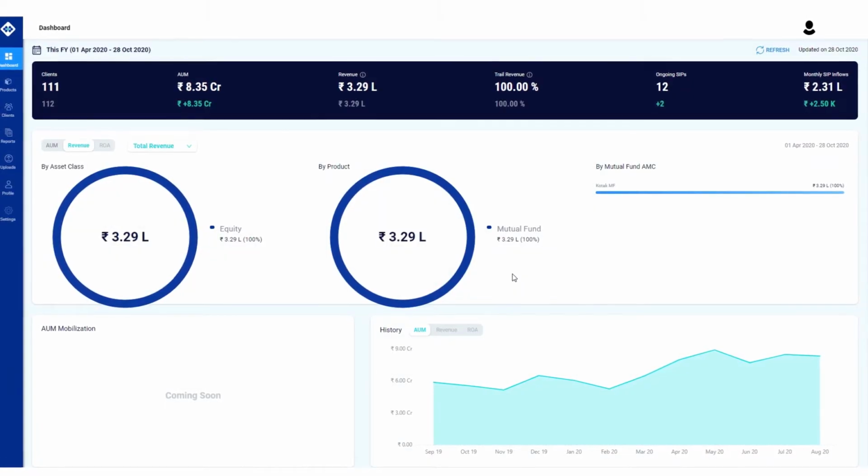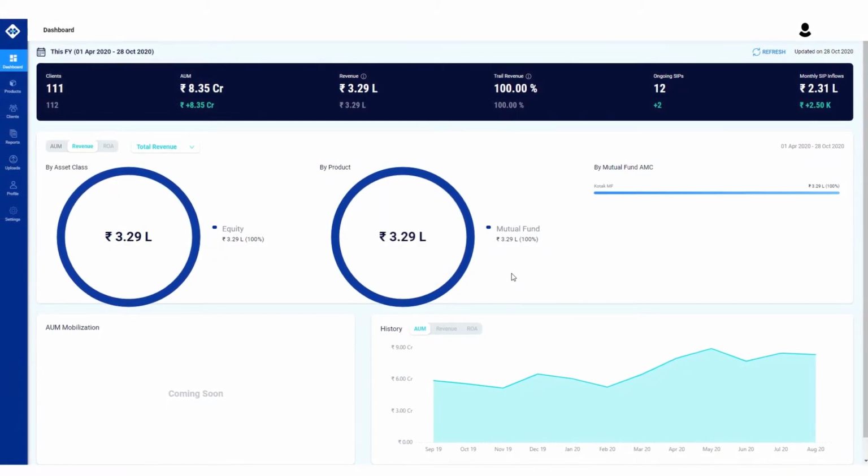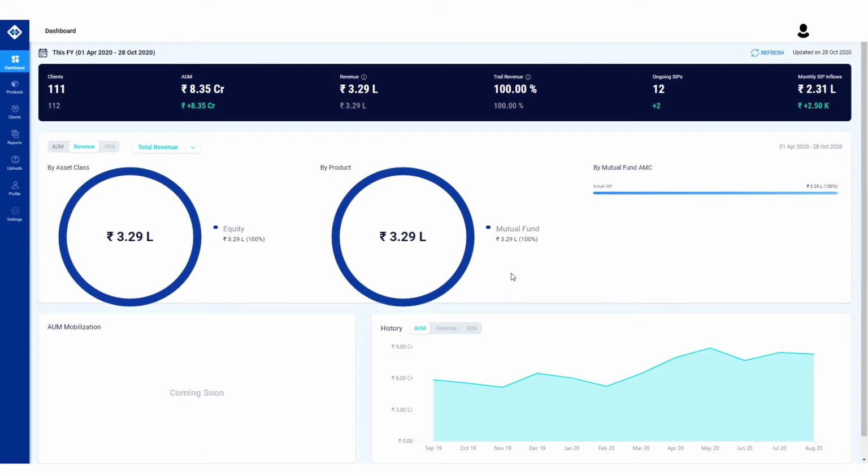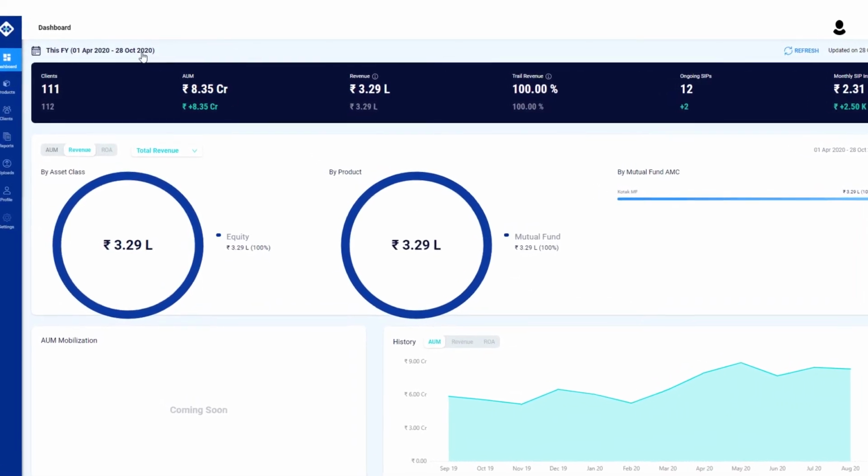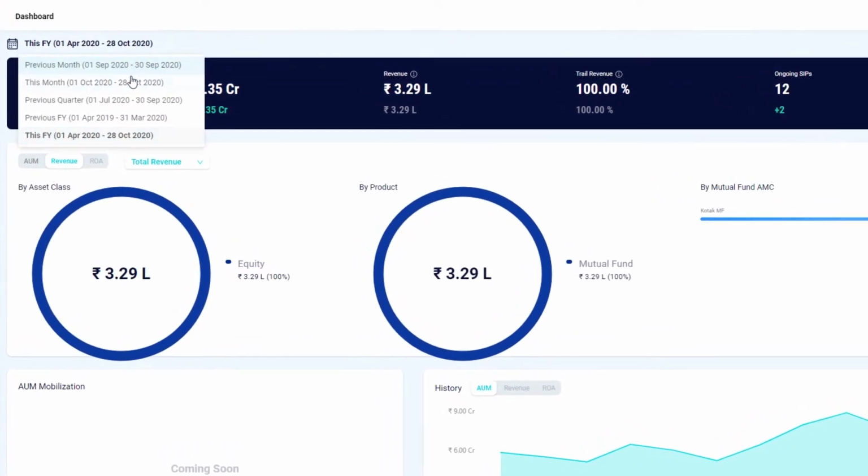The dashboard offers you a financial summary of your business with data which can effortlessly be requested for a specific month, quarter, or financial year.